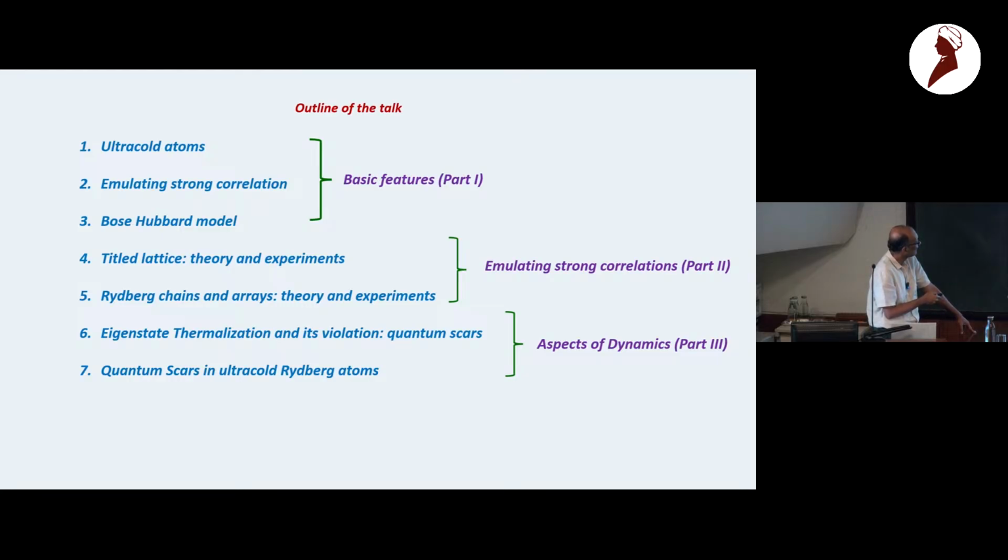And then I'm going to switch gears a little bit and go to the last part, where I'm going to talk about some aspect of dynamics in these cold atom systems. And one of the reasons for this is that this is by far the most isolated system that you can ever prepare in a lab, completely cut off from its surroundings. And therefore, watching effects of quantum dynamics in this kind of systems is possible. In a standard laboratory, it's very hard to do this without the effect of environment. And that's what makes these platforms unique in terms of dynamics.